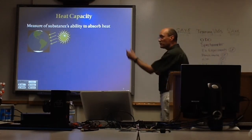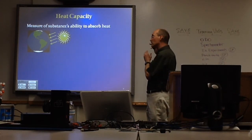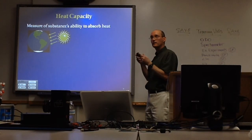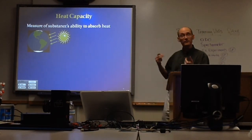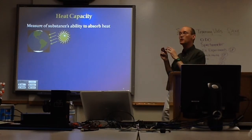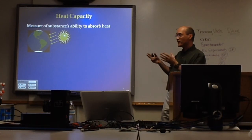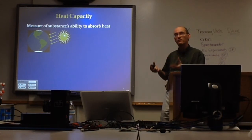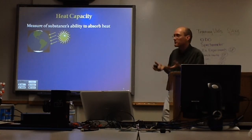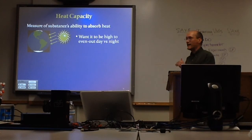So, here's the Earth. It's got water in it. When the sun shines on it, it heats up, but depending on how much heat goes into it, the temperature's going to rise, right? Well, heat capacity has to do with how much it can absorb before its temperature actually rises. So you want this heat capacity to be high